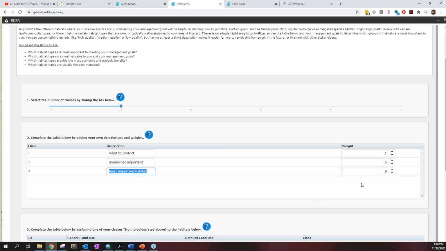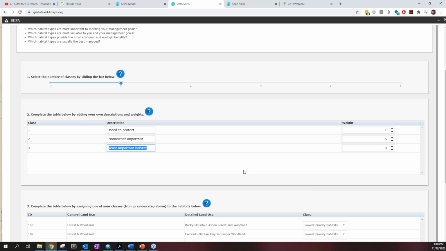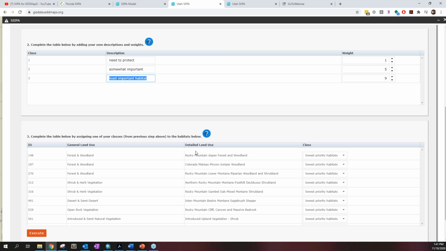All right, different rankings between 1 and 9, and this fits, so I don't need to change the weights here. Once I make the designations here, with the weight and the description, I go down and it's automatically imported down here. So I look at my forest and woodland, and for this project, that is my highest priority. So I am going to